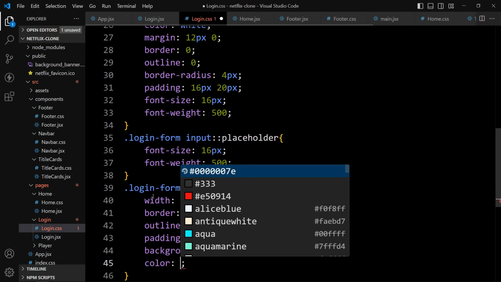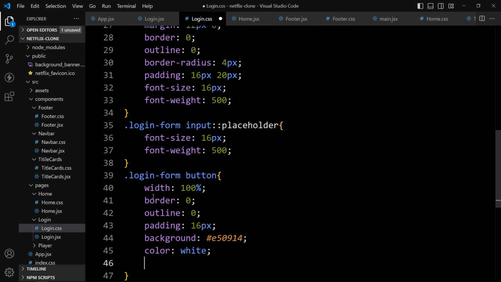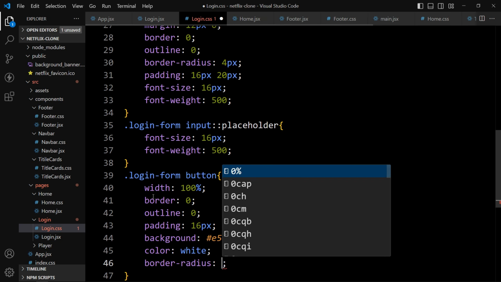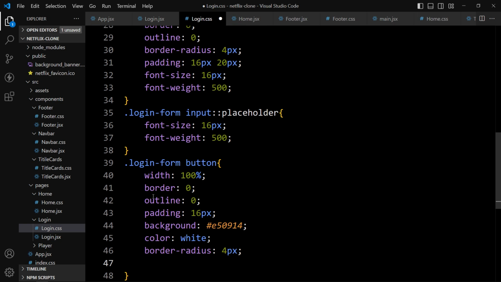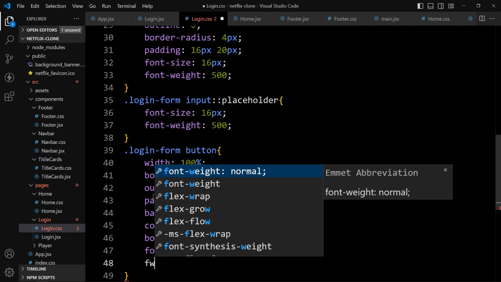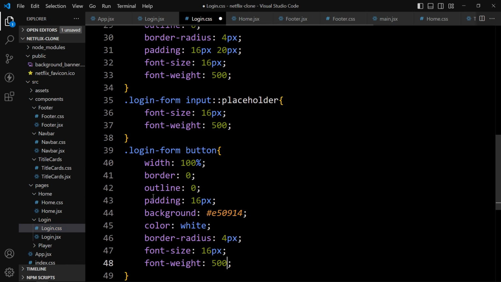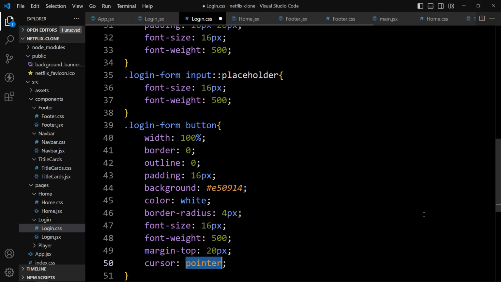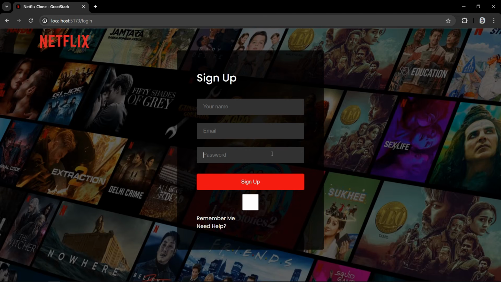And color will be white. Then let's add the border radius 4 pixel, then font size of 16 pixel, then font weight of 500. Then we will add the margin from top 20 pixel, then cursor pointer. After that, you can see this button is looking good.